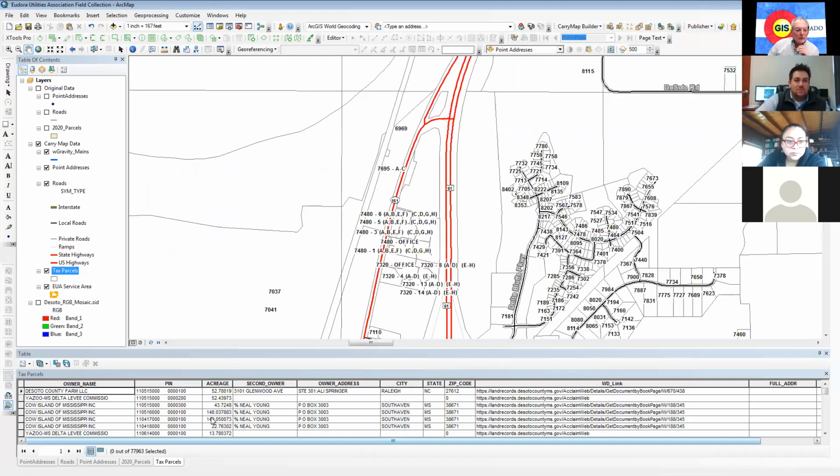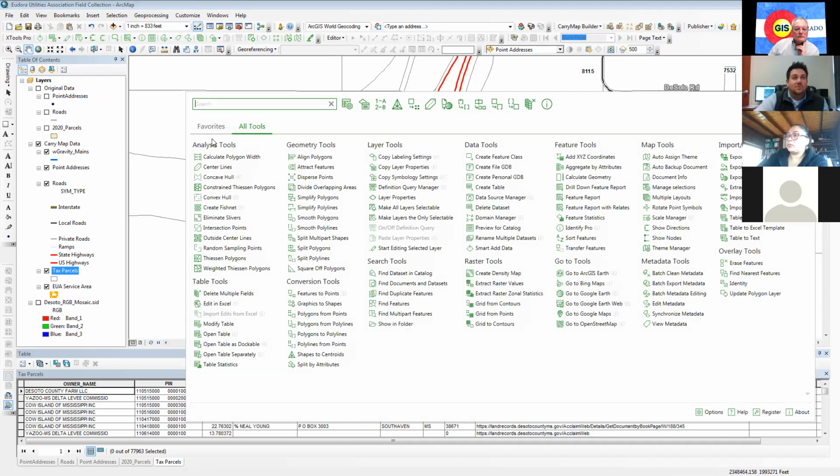Okay, so now that you see that, now you know why I gave you the XTools Pro. So I don't know, has anybody ever changed a schema before, or had to manipulate a schema and move it around? It's not fun. No. Like there's no good way of doing it. Well, XTools Pro has an awesome little tool. And when I tell you an awesome little tool, I love it to death. It's called Modify Table. And this tool, along with several others in here, will essentially give you a standard plus